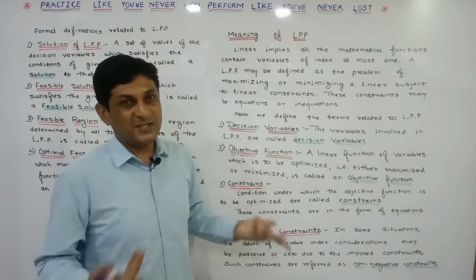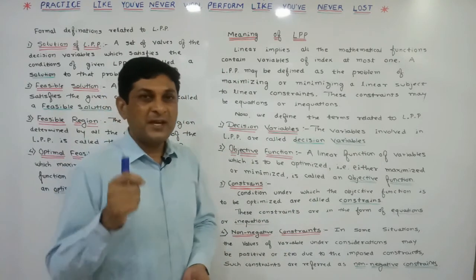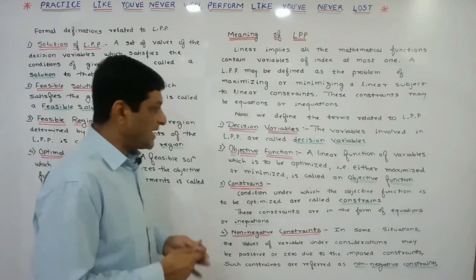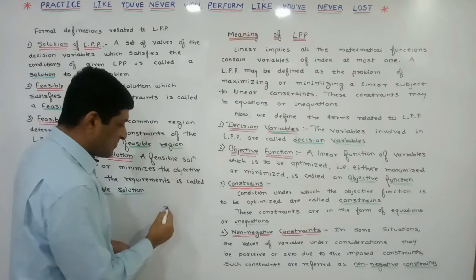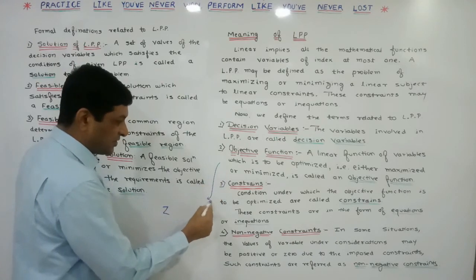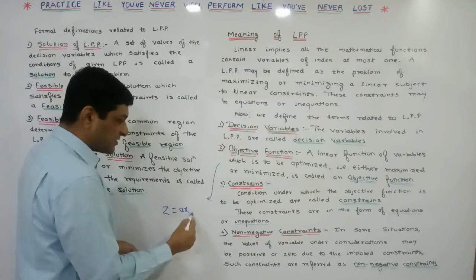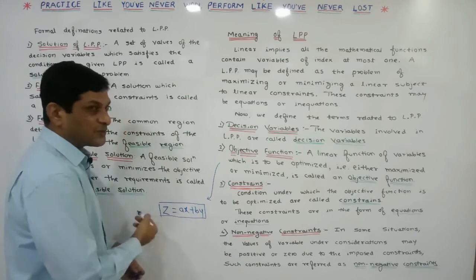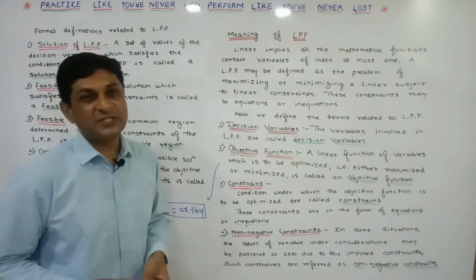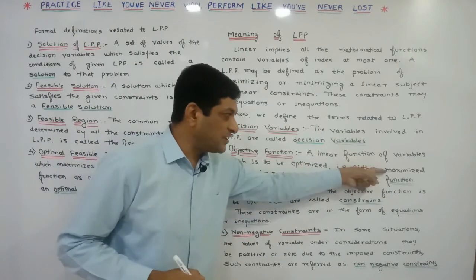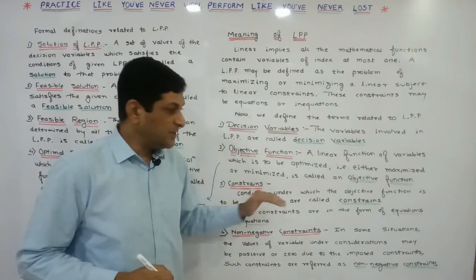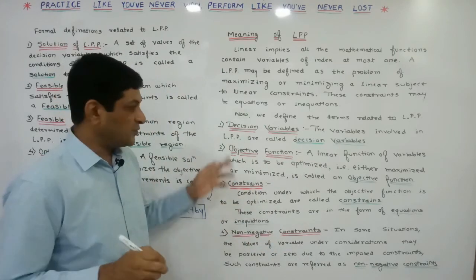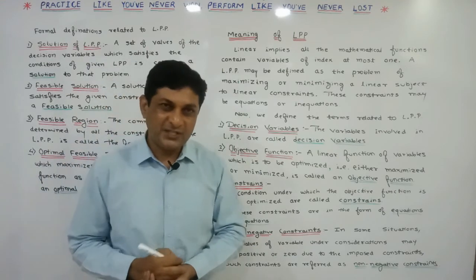And that goal is called the objective function. Since we are studying linear programming problems, everything is expressed in terms of linear expressions. The objective function is generally denoted by Z, and its value is expressed in this form, ax plus by. This is called the objective function, and the value of the objective function is either to be maximized or to be minimized, meaning to be optimized. Optimized means either maximized or minimized. I hope the idea about this objective function is very clear to you.